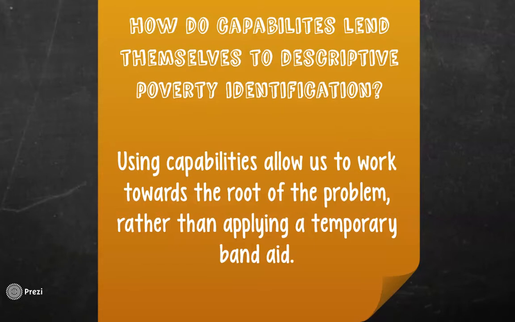It's important to note that while we have pointed out some key flaws in current short-term plans, such as the OPM, and shown why we believe that the capabilities approach is the most comprehensive, we also understand that there is some need for short-term poverty relief. We are not advocating for the discontinuation of such aid, but merely pointing out that the formula for distribution is flawed and should be revised based on the shortcomings we've pointed out.